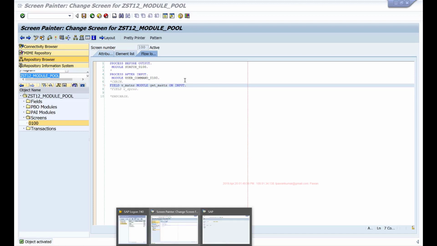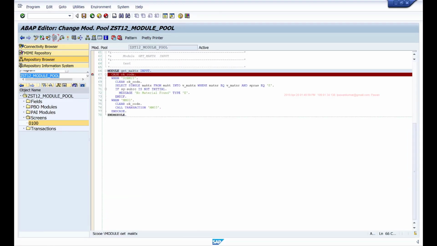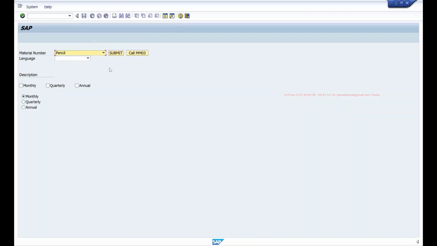So I still have my breakpoint for this module here. So if that module is called, it should stop at the breakpoint. With empty field, if I click on submit, it is not stopping at the breakpoint because that module is not called because this field is empty.